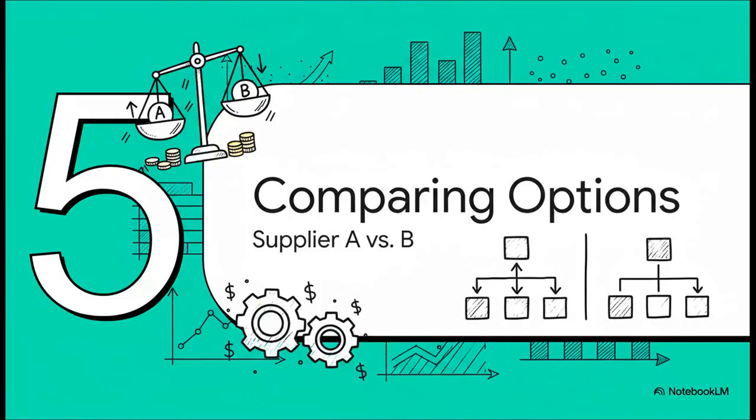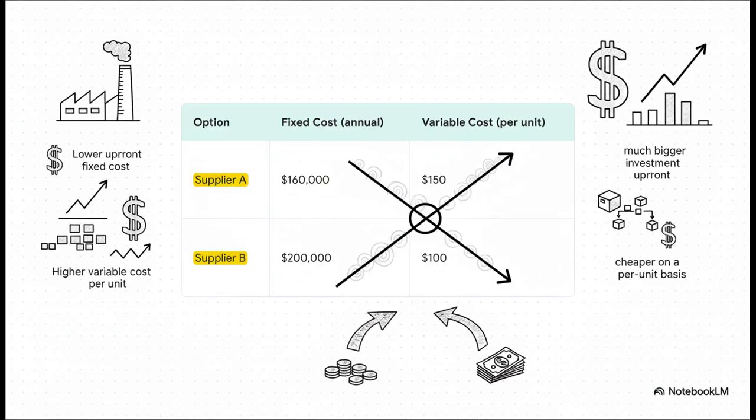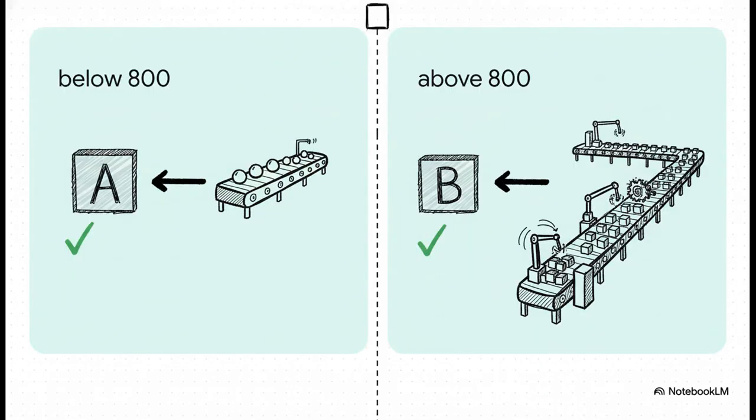And this logic just keeps on going. It's perfect for when you're comparing two different suppliers or two different machines that have totally different costs. Look at this situation. Supplier A has a lower upfront cost, but each unit costs more. Supplier B is the total opposite. A much bigger fixed cost, but each unit is way cheaper to make. And once again,